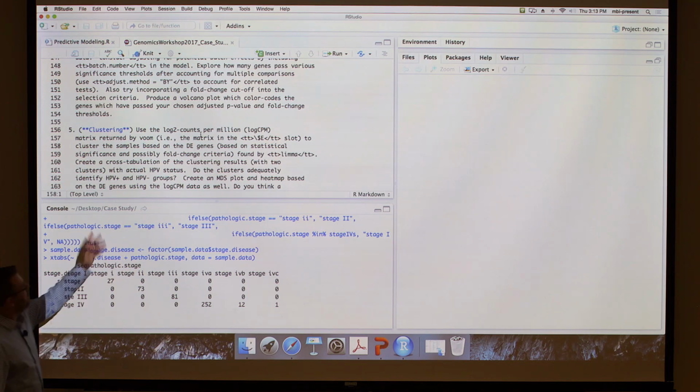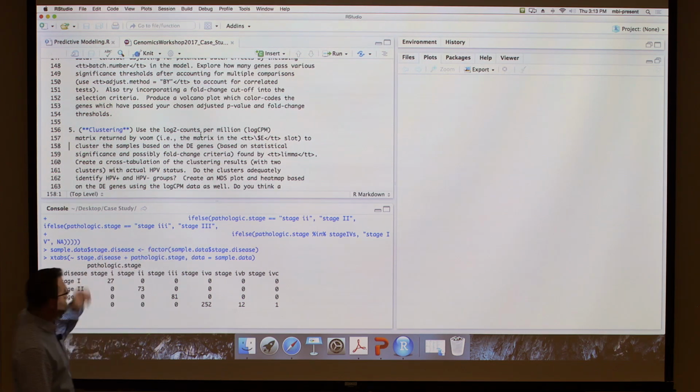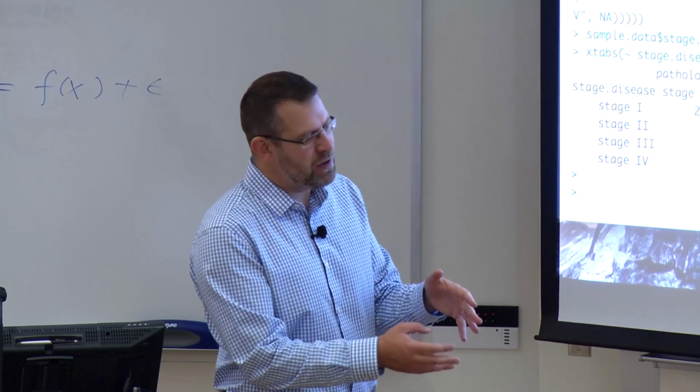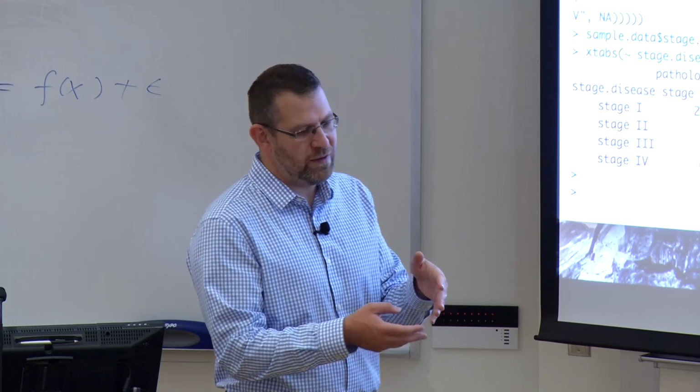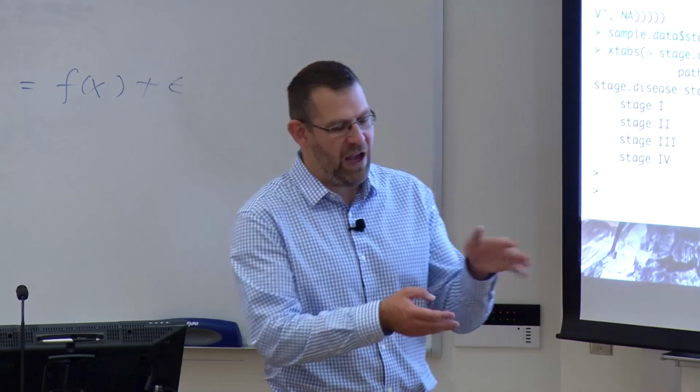All right, and then the next part is clustering. Starting with the log2 counts per million data that's returned by voom, which is in the $E slot from the return value from voom, we can do some clustering. What I wanted to do was take the genes that you find to be differentially expressed between HPV positive and negative, consider just that subset, try to cluster all of the samples, and then check out the results from the clustering analysis